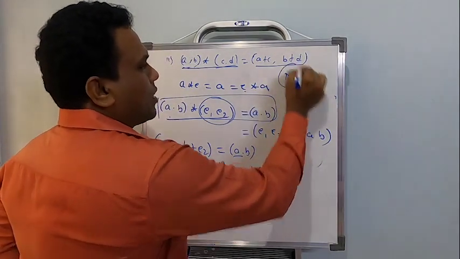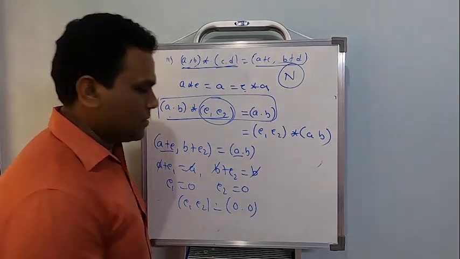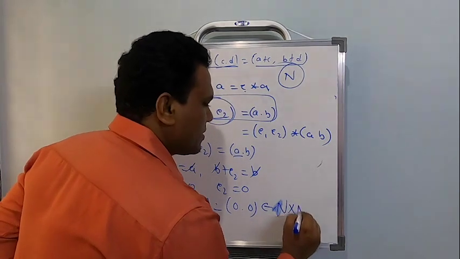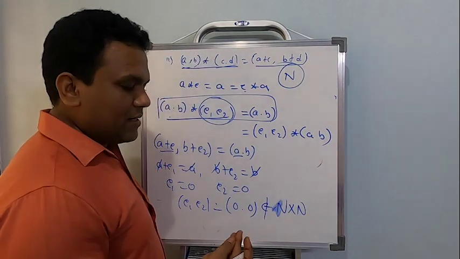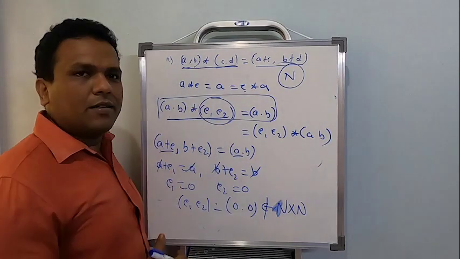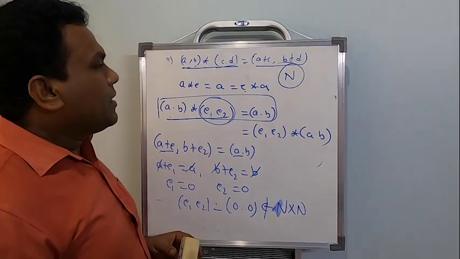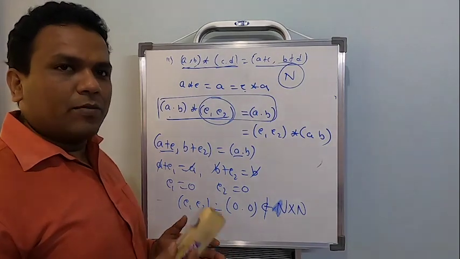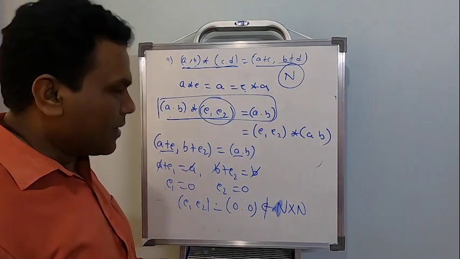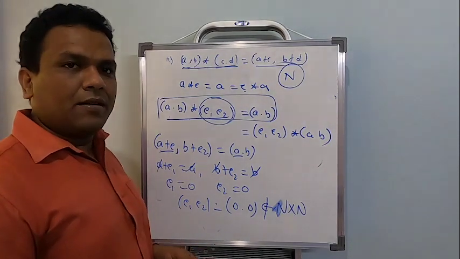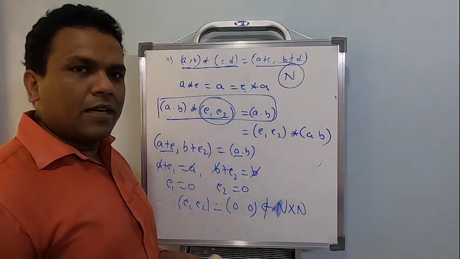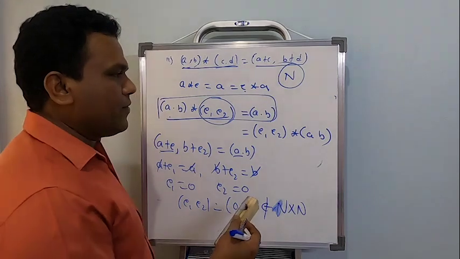But the problem is based on natural numbers. This does not belong to natural numbers, right? Hence, there exists no identity element. A simple task to find the identity. See, whatever we do, everything should be in the given set. Whatever we do, how many number of times we operated, it doesn't matter. Final thing, whenever we get something, check whether it belongs to the given set. If yes, it's fine. If not, it's not going to be fine.